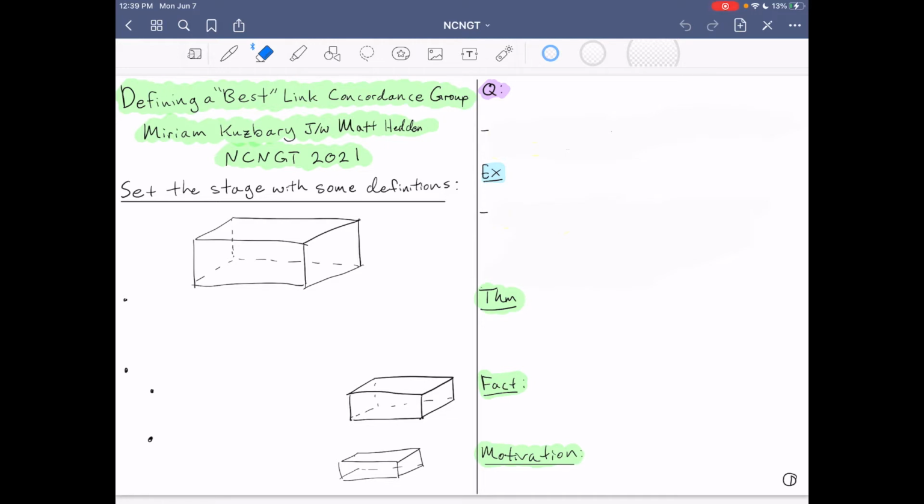Because I want this to be accessible to everybody, especially graduate students, I want to set the stage with some definitions first off. So I want to tell you, or remind you if you already know, that we say that two knots, K and J in S3, are concordant